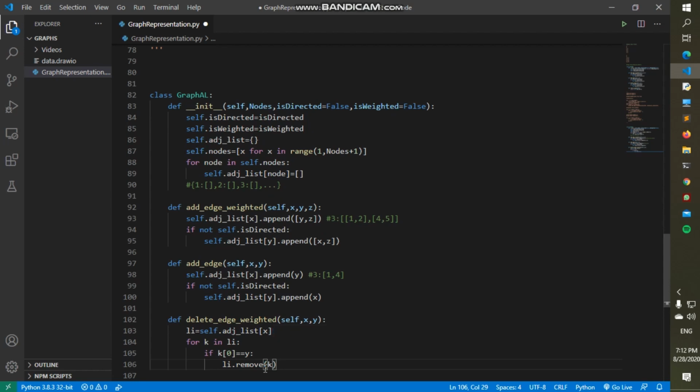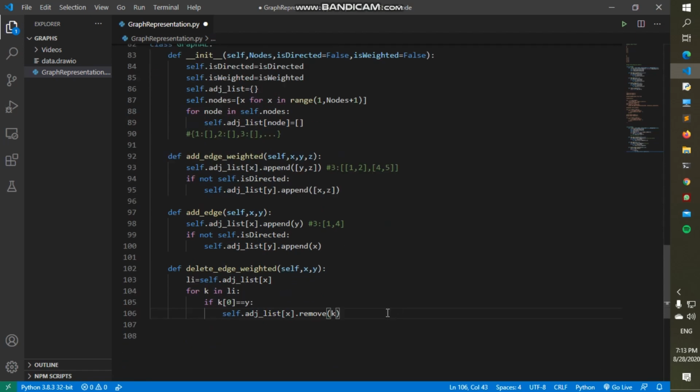Okay, make sense? Actually, well, let me just do something. No, we should not remove it from li, we should actually remove it from self dot adjacent list, and then from adjacent list from x, because if we remove it from li, it would remove it from that variable and not from our adjacent list, right? So this is that,